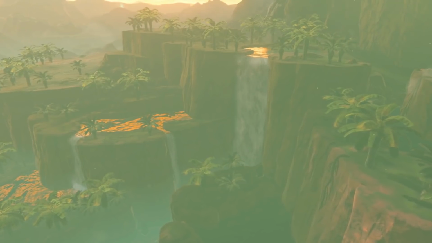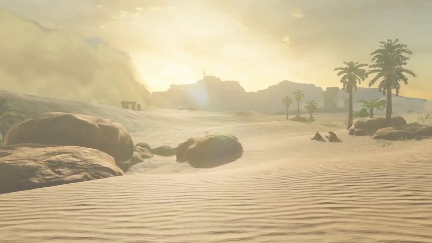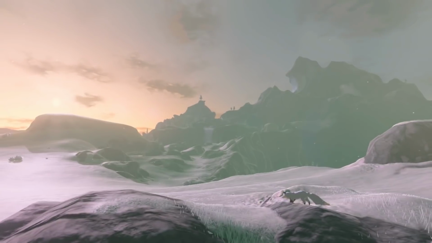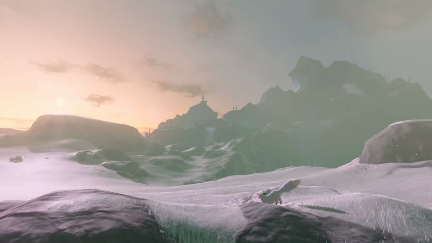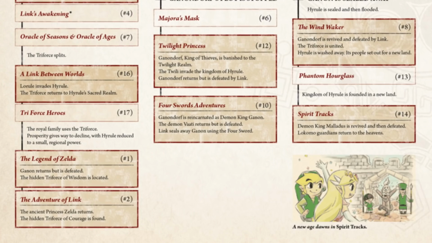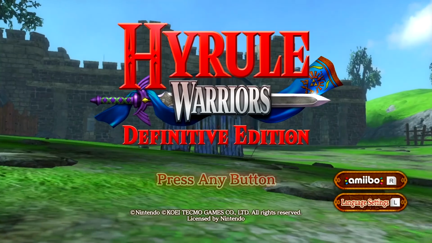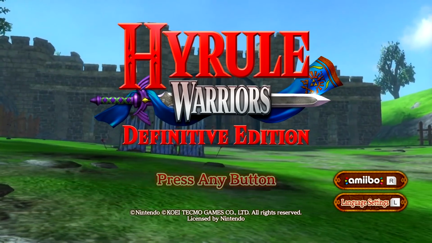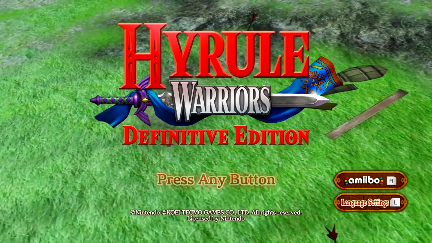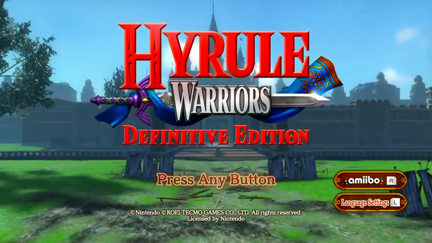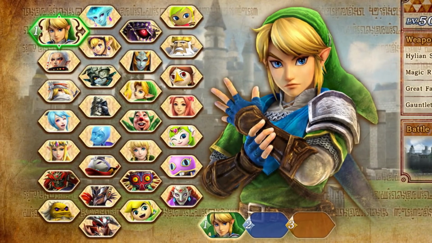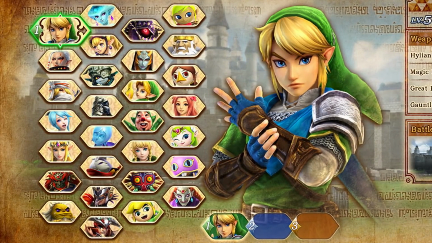I've already stated that to fix the timeline, we need to converge the splits to account for Breath of the Wild. And this is why I said it, because we need to bridge this gap right here. To start us off, we need to look at a legendary Zelda spin-off game, Hyrule Warriors on the Wii U, 3DS, and Nintendo Switch. This fun Zelda spin-off full of historic characters is where we have to start.